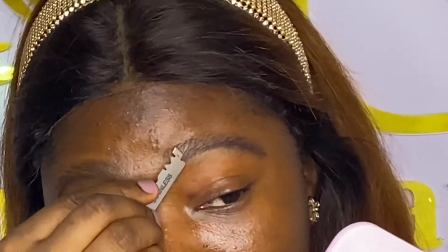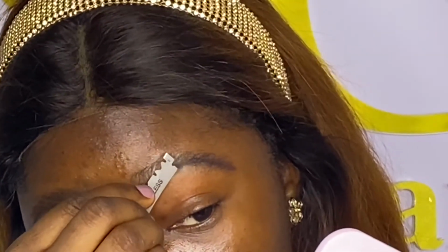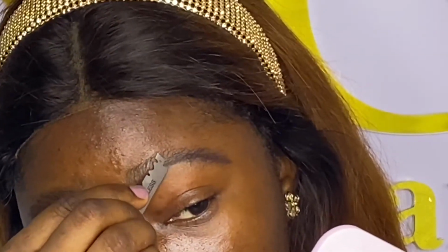Just go in gently. You don't need to rush it. You don't need to be too fast, because once you miss one line, you may just end up spoiling the brows. So